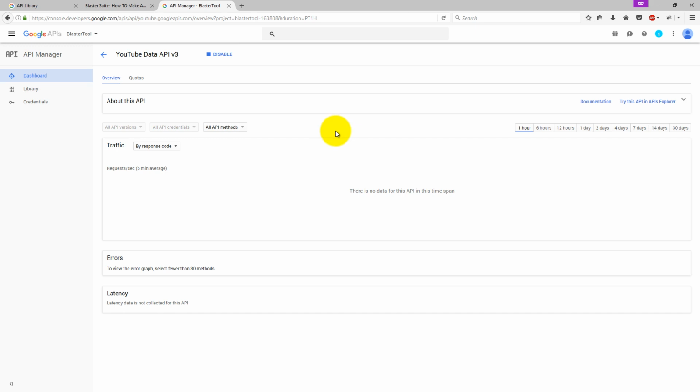That's it. You can now use the API key, the client ID and secret in Live Event Blaster, in Video Marketing Blaster or Trace Blaster. Now don't forget,